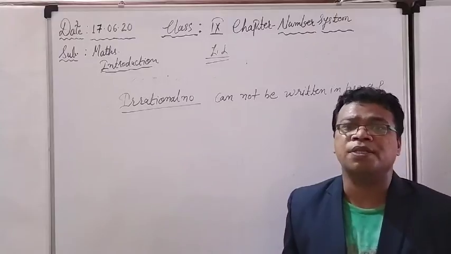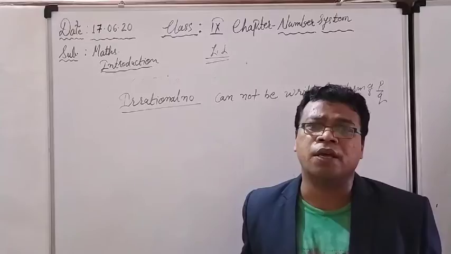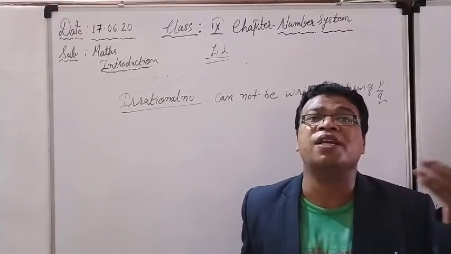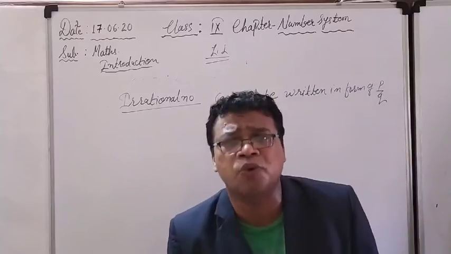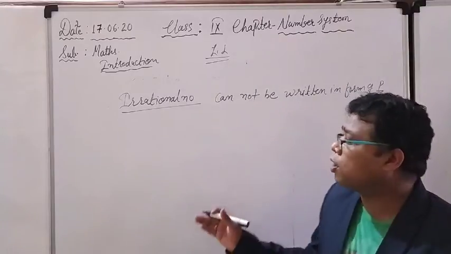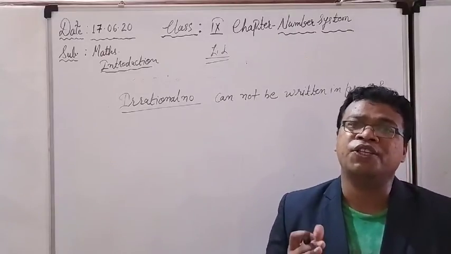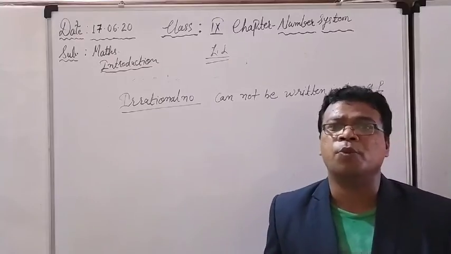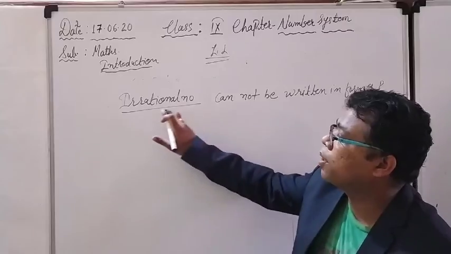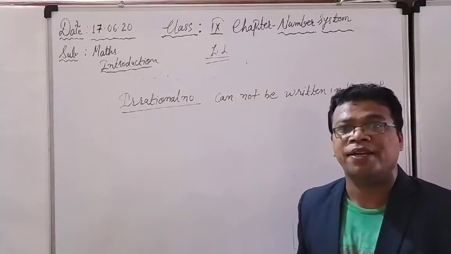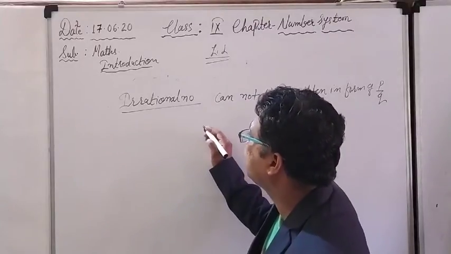What actually happens in the number line? In the number line, rational numbers are also there, but some of the numbers are still left. बहुत सारे नंबर अभी भी छूटे हुए हैं, which cannot be written in the form of p upon q. जिनको p upon q के फॉर्म में, integers के means numerator upon denominator के फॉर्म में नहीं लिखा जा सकता है, and such kinds of numbers are known as irrational numbers. Right now I am coming to the examples. Examples के बारे में बात करेंगे. So what happens actually?